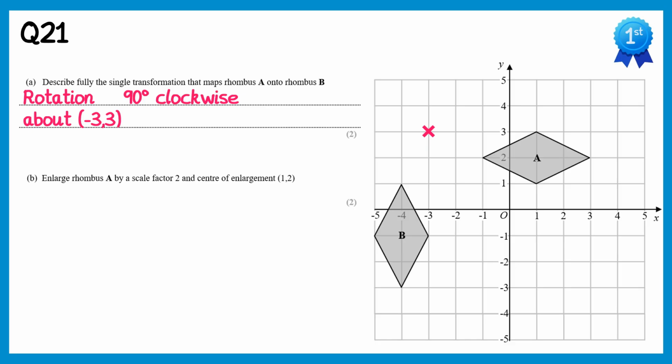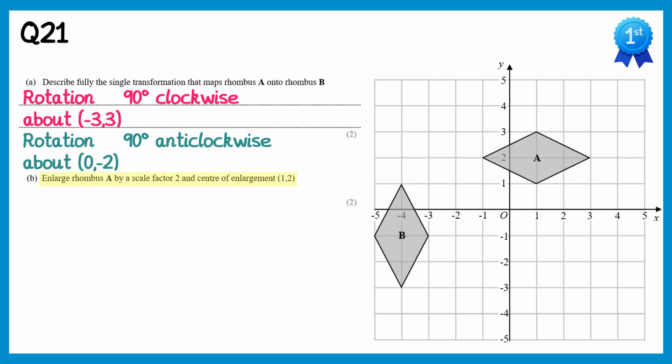Now there is actually another possible answer for this depending on where you place your point. You could also have got all the marks for saying it's a rotation, 90 degrees anti-clockwise, but about this point, 0, negative 2. For the second part of this question, we're going to enlarge the rhombus A by scale factor